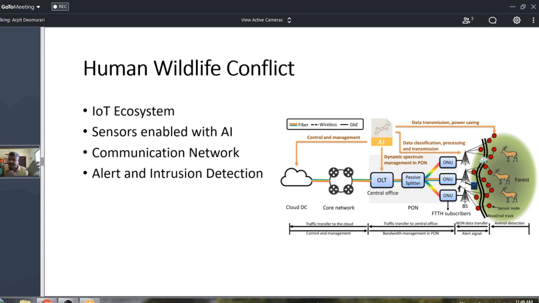So as I mentioned, the sound sensors, video sensors, audio sensors, I'll put them in the field, connect them with IoT, Internet of Things kind of a communication protocol, with built-in AI in each of the sensors, and it works to alert the villagers, the people, the forest department, about poachers getting into a protected area, elephants getting into different landscapes.